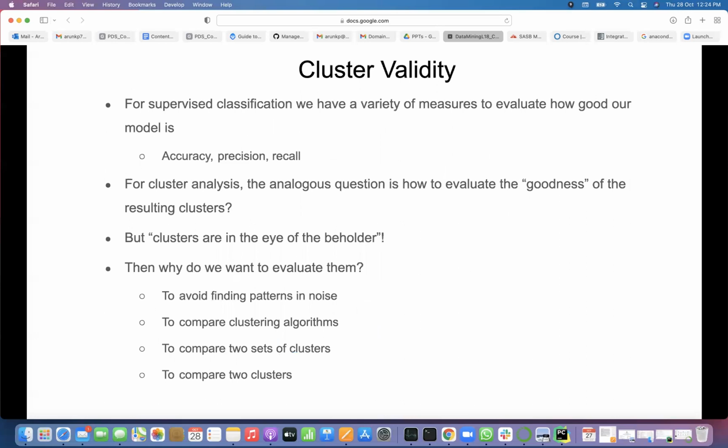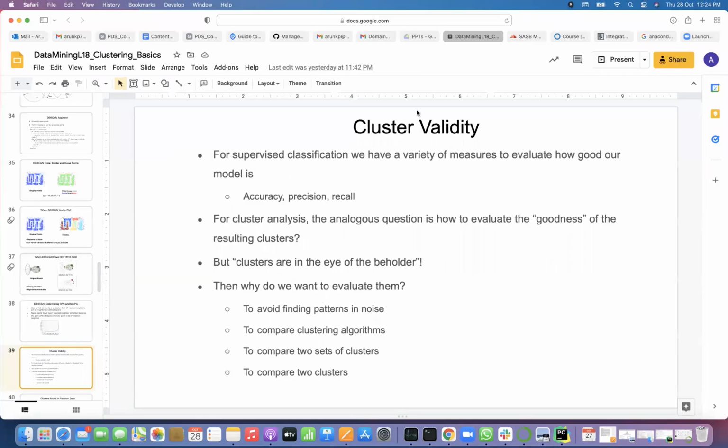Okay, so I'll stop here. When we meet tomorrow, we'll complete how to validate clusters, right? It is the most difficult thing in clustering techniques: how to validate these clusters, which clustering technique is good, where we are getting good clusters, those things. So I'll stop this recording.